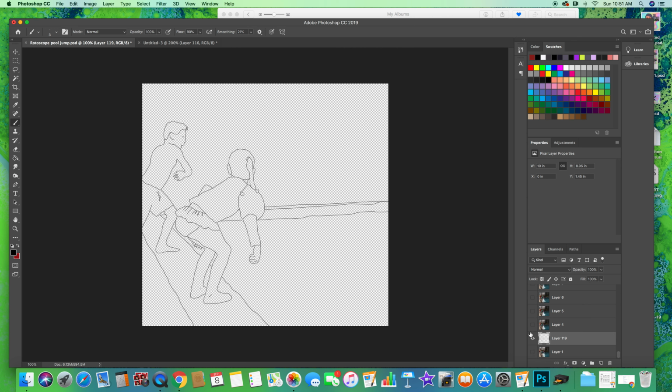My idea for this is I might fill some of this with blocky color, and I might create a water texture in here, or do kind of a watercolor effect. I haven't totally decided yet. Once you get one drawing done, you could do the next layer one of two ways. You could either create another blank layer,